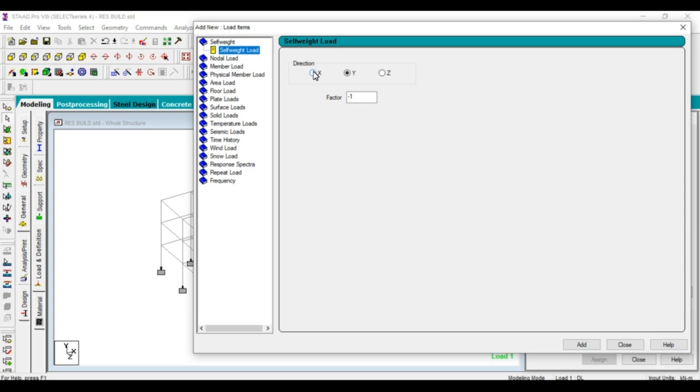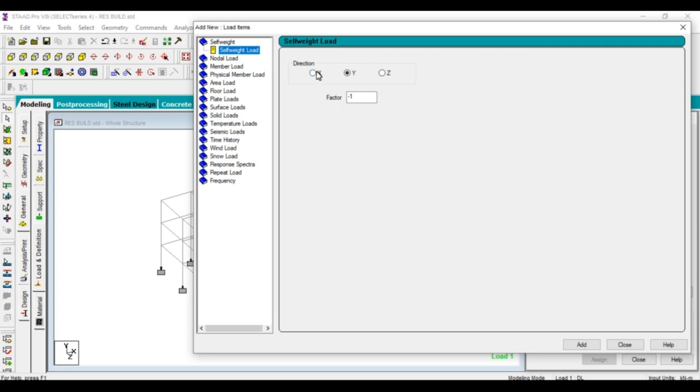Because gravity acts downward. Understood? You can throw any material up to some height, and it will come down automatically because of the gravitational force from the earth. That's why I should give the force direction as minus only in this dead load.